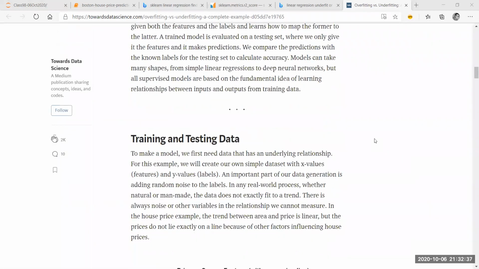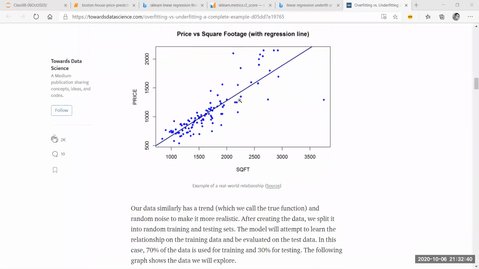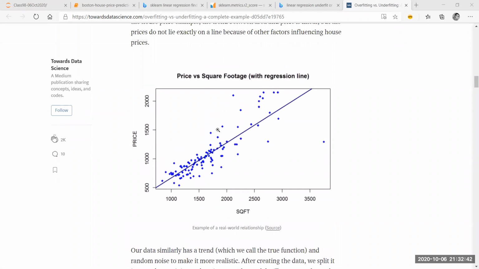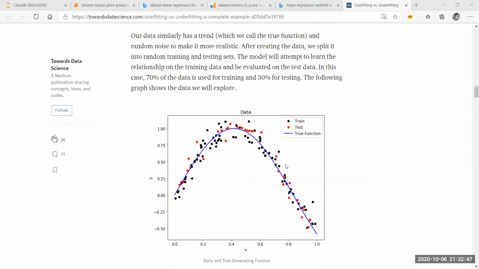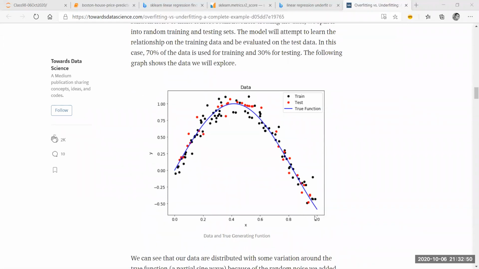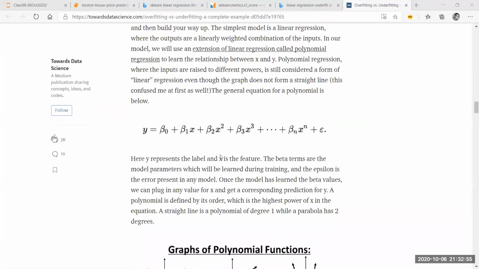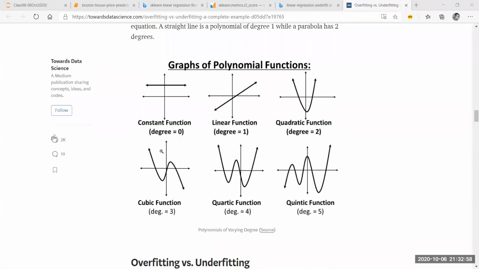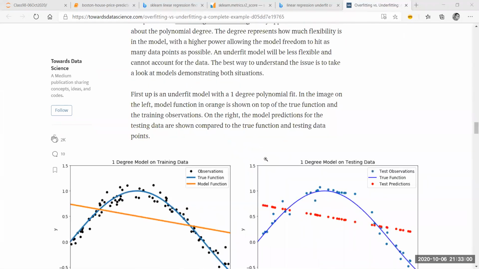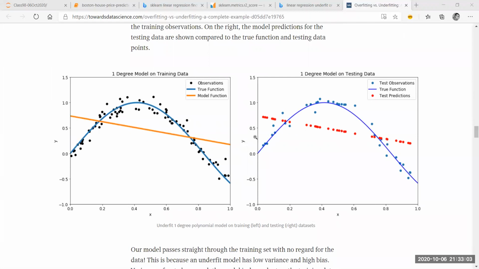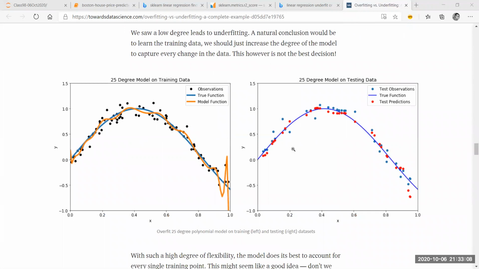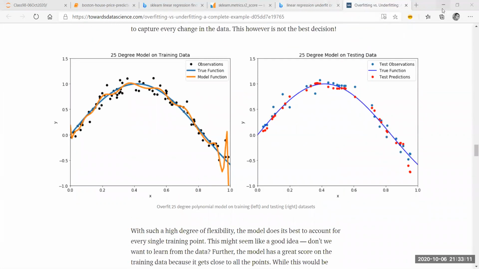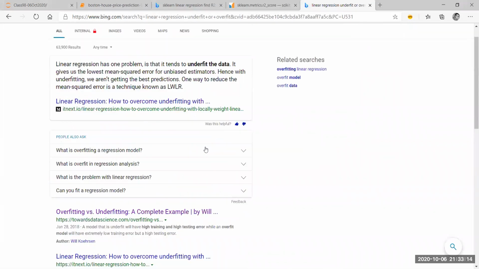They are taking some other points over here. This is what their regression line looks like. I mean, overall, there is a problem here. If you see how they have plotted the data, it keeps on coming close, right? If you have a function which is really complicated like this and it is trying to fit the data, then you can say there is an overfit or underfit, right? That's how you come to know about it. So the easiest way, as you can see over here, is to plot it. And there are other ways as well. This is not the only way, okay?